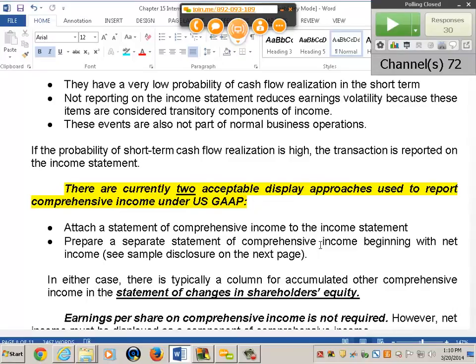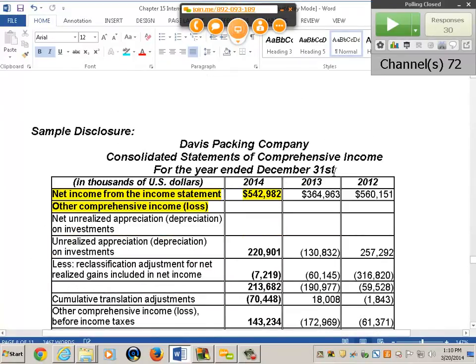You also include it in the statement of changes in stockholders' equity that I showed you earlier. Now remember, the reason why we're doing this is that companies historically try to bury comprehensive income in the stockholders' equity statement. Now it must be a prominent part of your income reporting. Earnings per share is not going to be included. So here's an example of